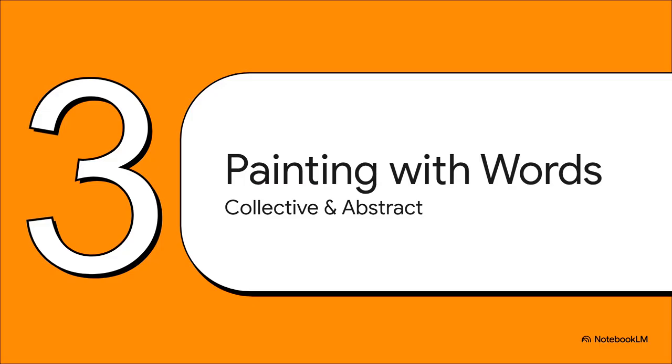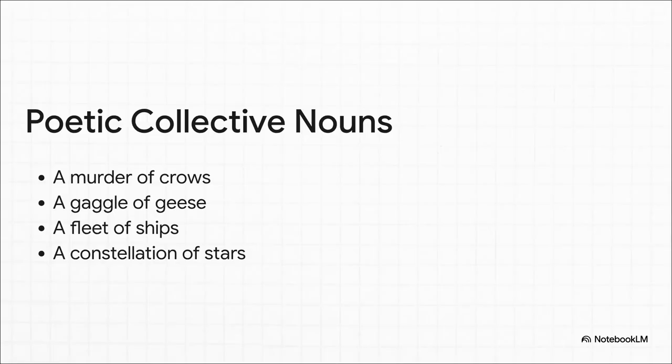So nouns can be specific, but they can also, well, kind of poetic. Let's get into the more creative side of things and explore how we use collective and abstract nouns to describe groups and ideas in really imaginative ways. You've got to love these. A murder of crows, how dramatic is that? A gaggle of geese, you can almost hear them honking. These collective nouns, they're not just labels for a bunch of things. They create powerful images and give you this feeling of a single, unified group.